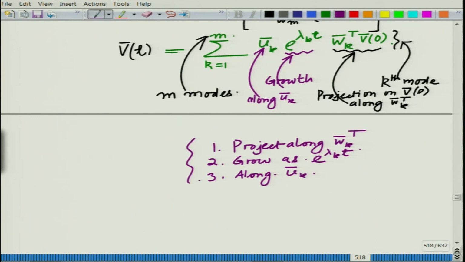This is an interesting way to think about your autonomous linear dynamical system. So, the projection along the kth left eigenvector grows at the rate lambda k